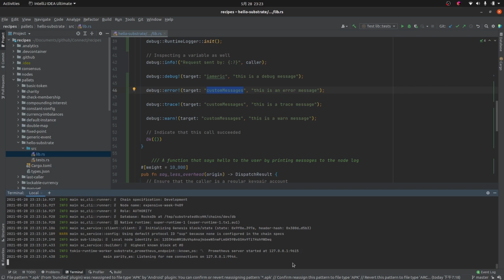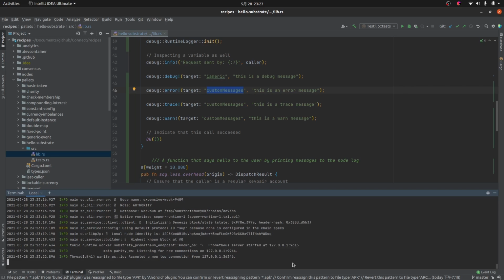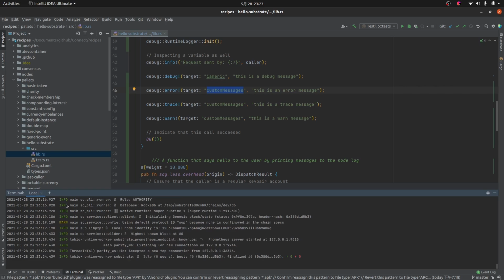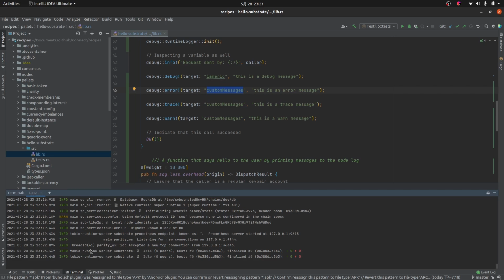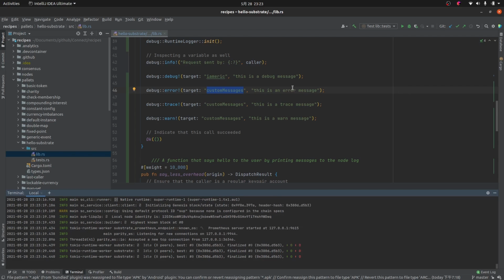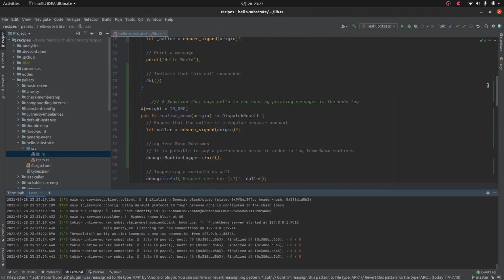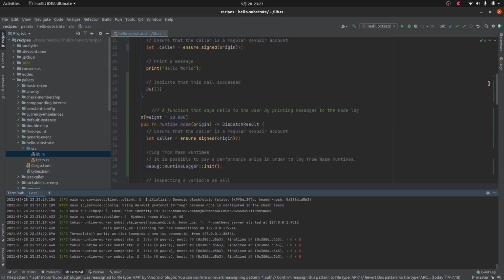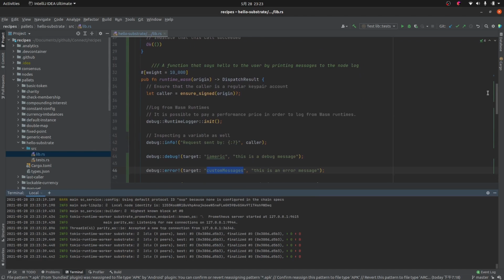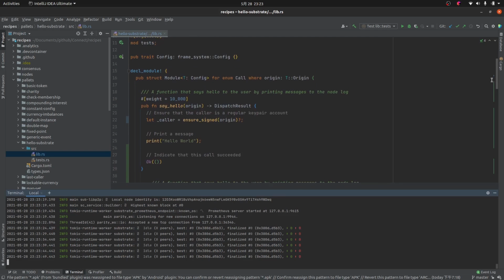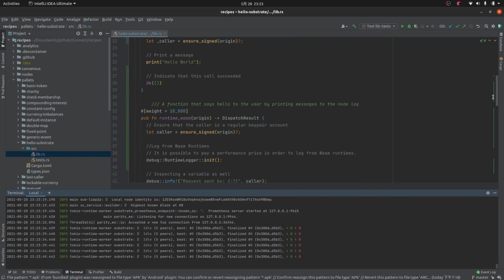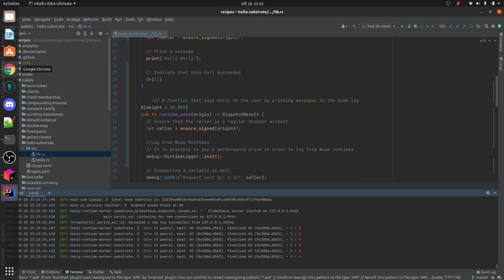Okay, so it has compiled, and you can see I've got some info statements and some warning statements that you may not normally see because we have the debug turned on. Okay, and in order to get our messages here, though, we actually have to call this function. So we're going to do that. And let's look at the function name. So we want to call this runtime WASM function, and maybe we can also call this say hello function and just see what happens. So to do that, we're going to go over to